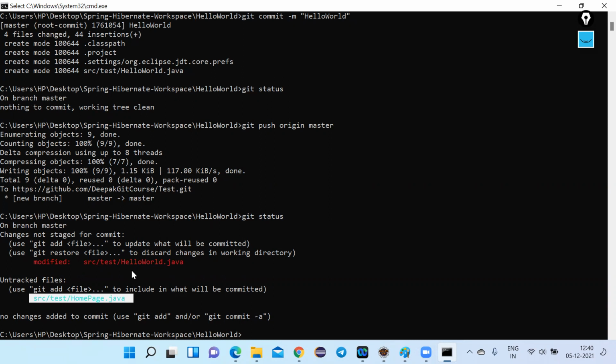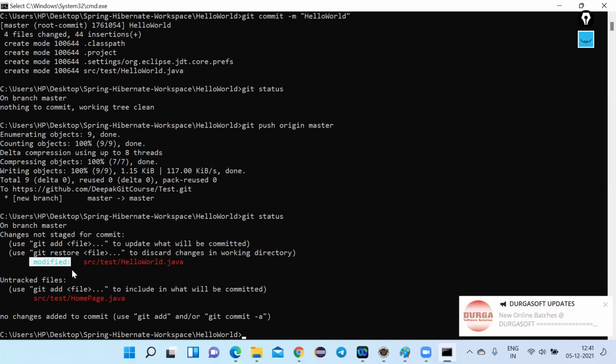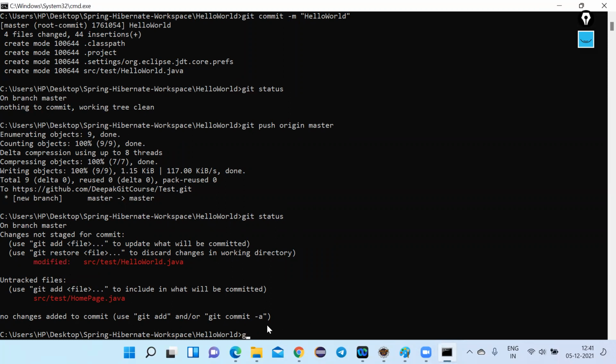Whichever the files available in local repository would be giving us the status as modify if you try to modify. Let's say if you create a new file that will not be available in local repository, so it will be as untracked file.